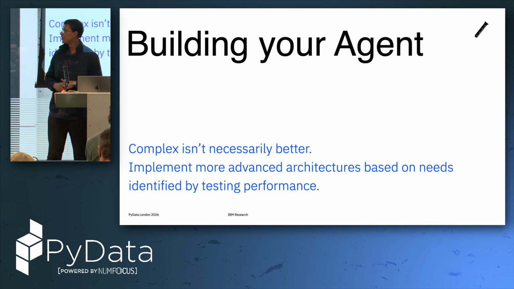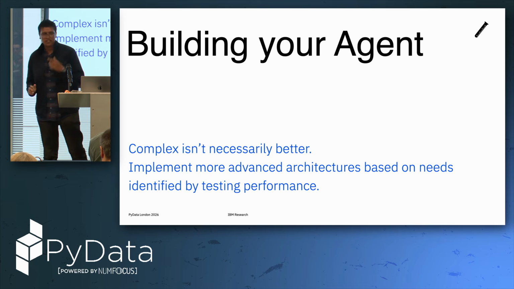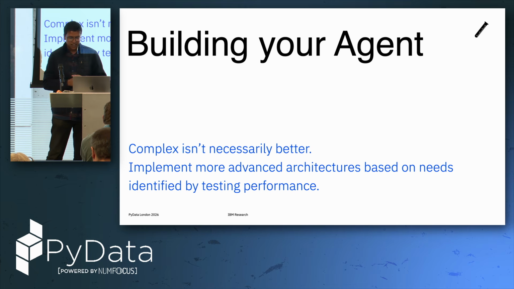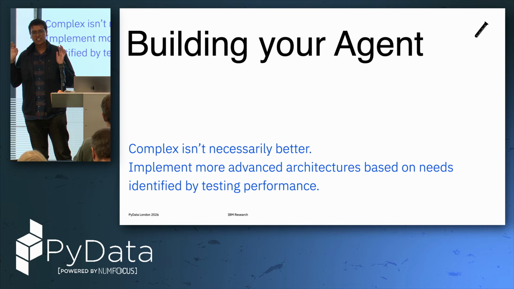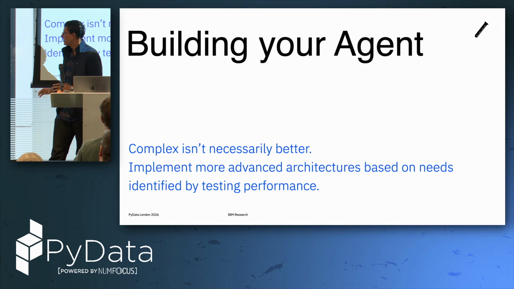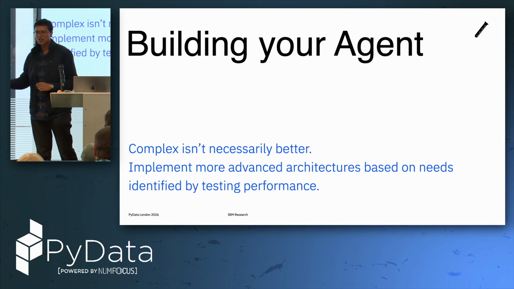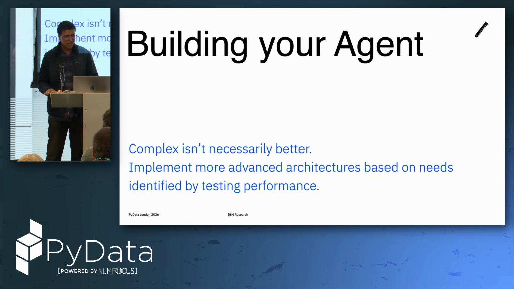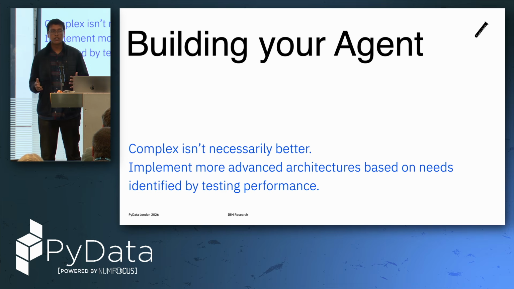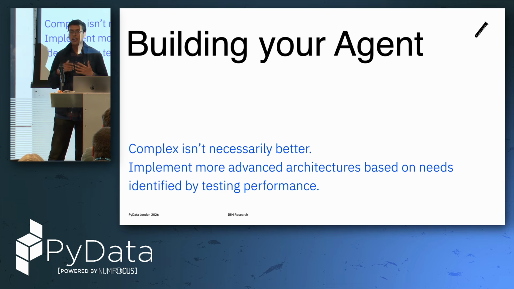Okay, you've defined your requirements. How do you want to build your agent? So I'm a mathematician. We like to be very lazy, and I take that into my engineering role very intentionally as well. So I would say complexity isn't necessarily better. Design the simplest system you can, and then implement more advanced architectures based on your use cases and your testing